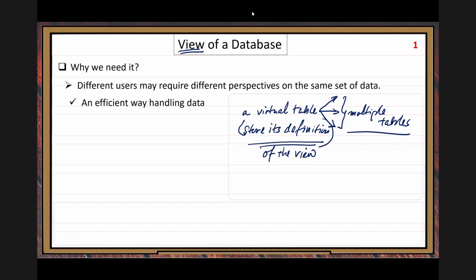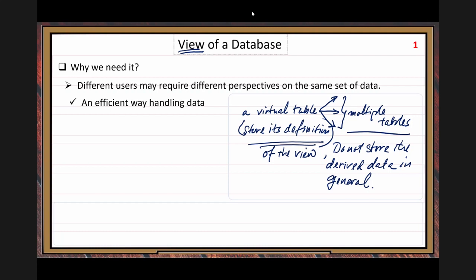That's all you need. You do not need to store the derived data. In general, by default, you do not store the derived data.